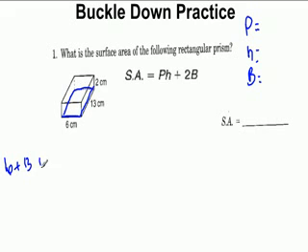If you can't do that in your head, do it on your calculator, and you should get 38 centimeters. And then our base is length times width, so 6 times 13,